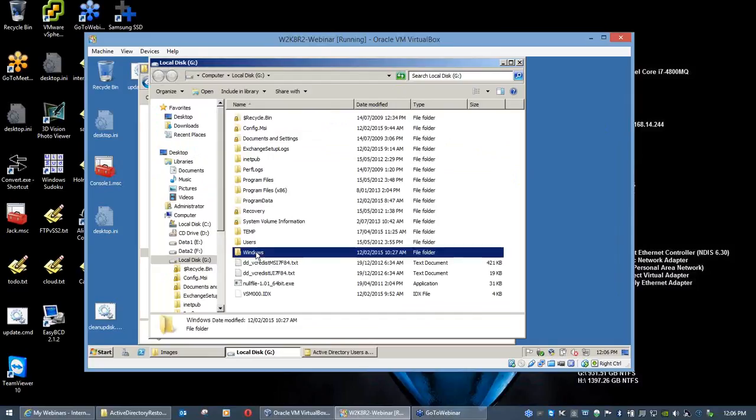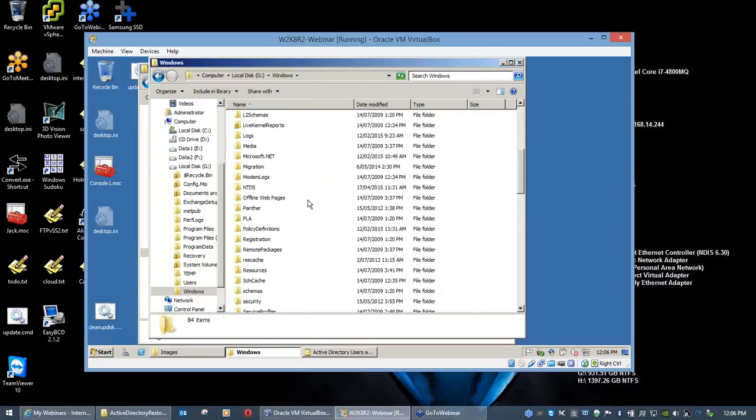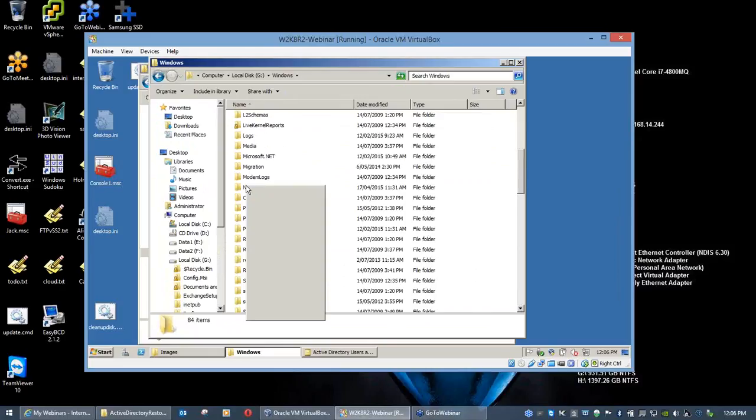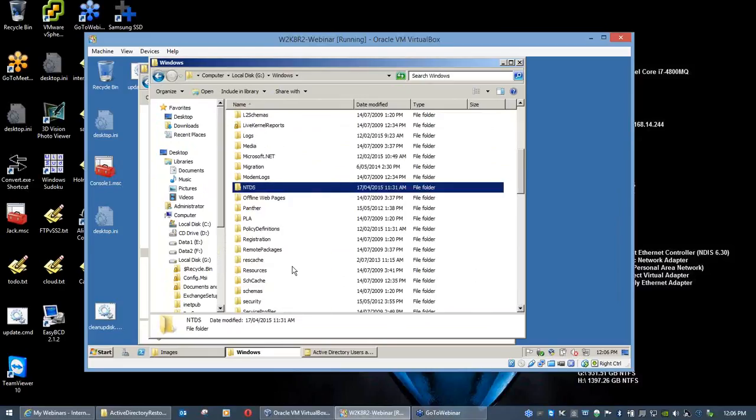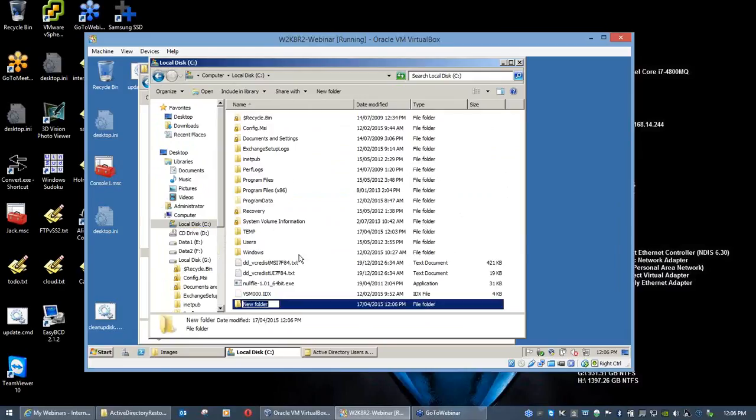Perfect. We go into the Windows folder. We go down to, way past it, NTDS, and I go copy. And I'm going to put it on the C drive. Okay, so I'm going to create a folder. I'm just going to call it AD restore